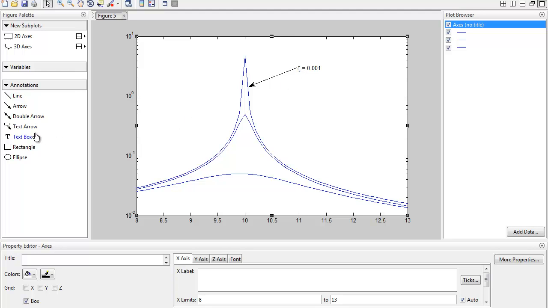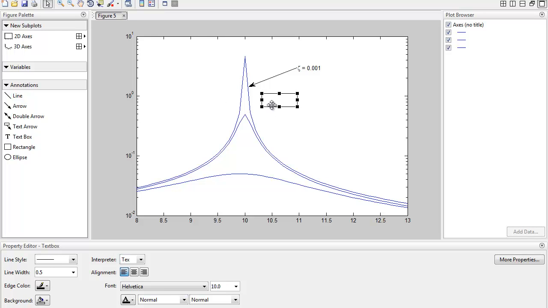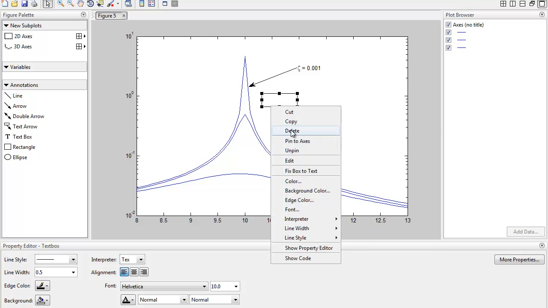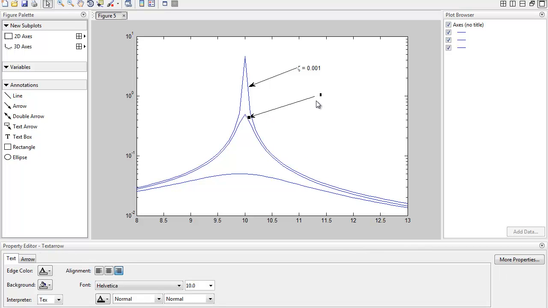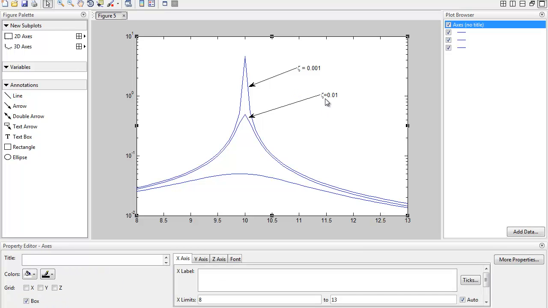Is I can do another one, text box here. Oh nope, sorry, wrong thing. Delete the text arrow, sorry. Put the arrow right here, backslash ZETA. That will invoke the LaTeX interpreter, and hit the button, it comes up, and then text arrow again,